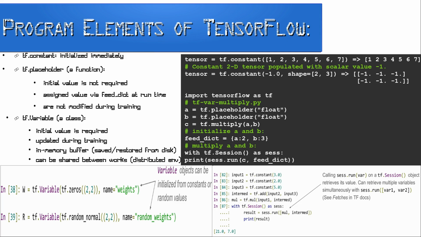These two statements show that variable objects can be initialized from constants as well as from random values. Now, how to fetch the variable state? Let's read the code which